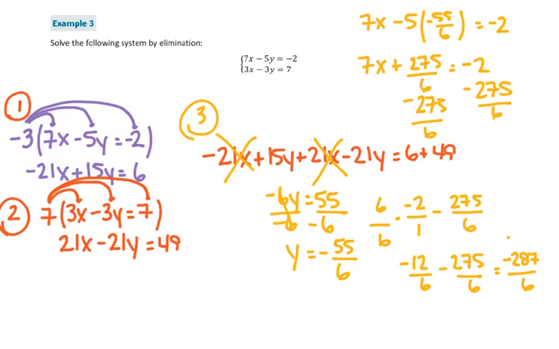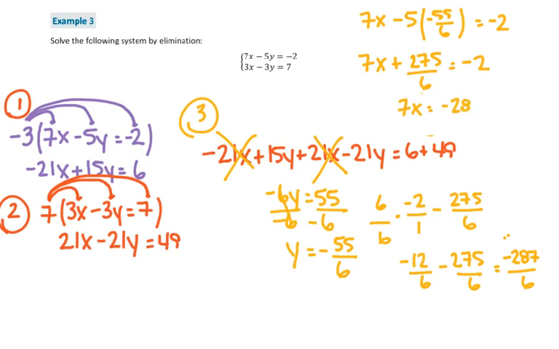So my equation, I'm going to actually erase this so that I have enough room. My equation now reads 7x equals -287/6. And now I need to divide both sides of this equation by 7, which ultimately means I'm multiplying by 1/7. So I've got -287 over 7 times 6 is 42. So now we have x equals -287 over 42. And negative 287 over 42 can be reduced to